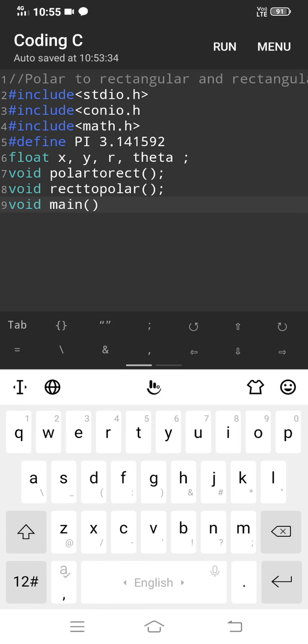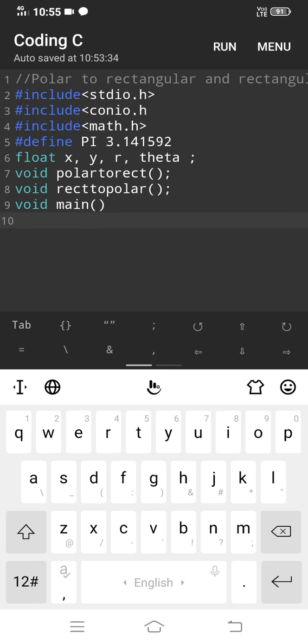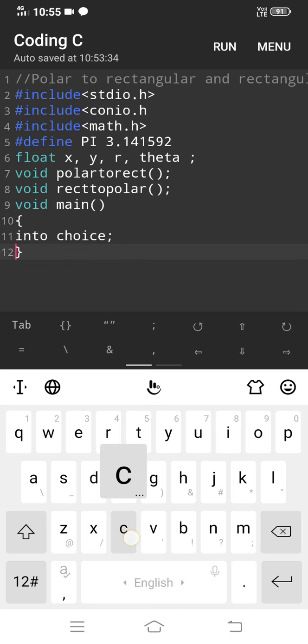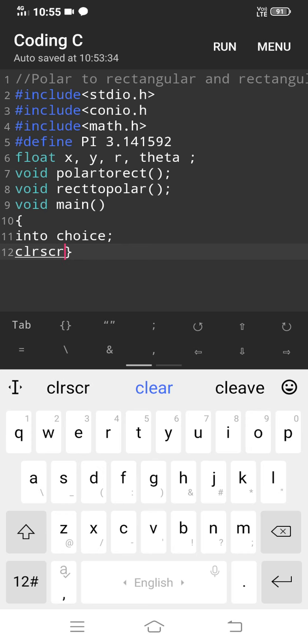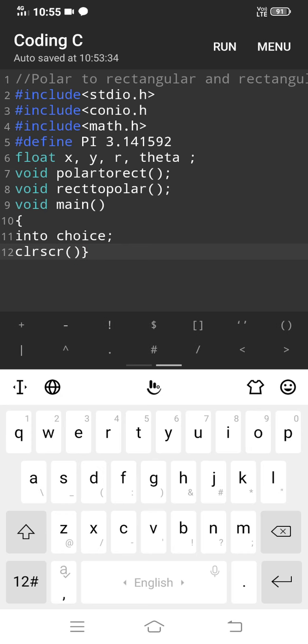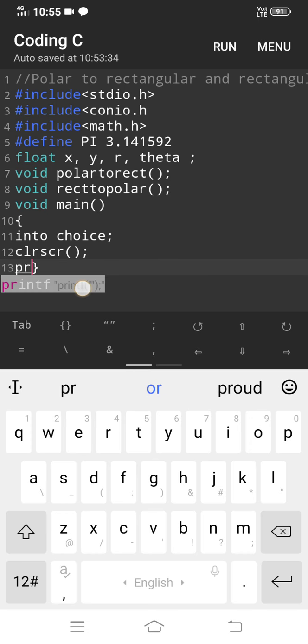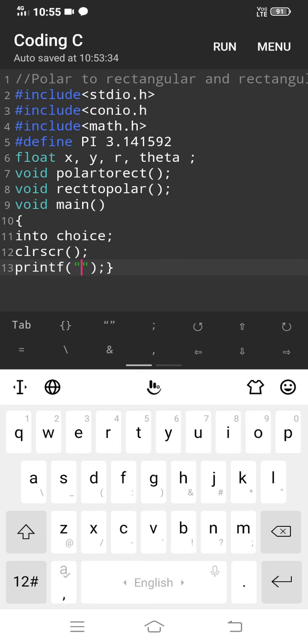In the void main we can select the choice of which conversion to perform. So in main we have to clear the screen, so the previous outputs on the output display are cleared here. To the user we have to give the data, like select the choice.